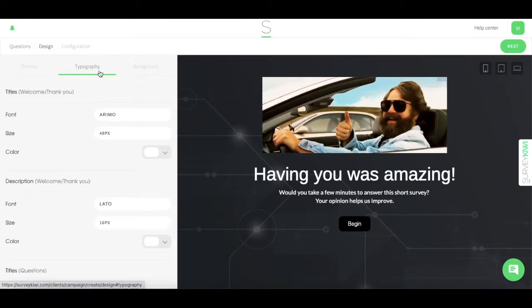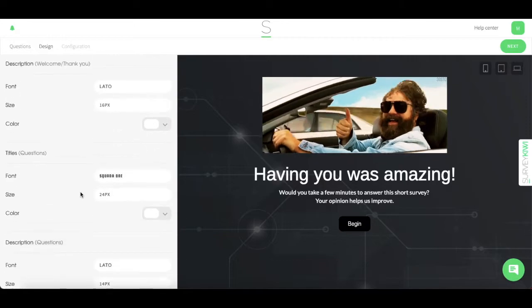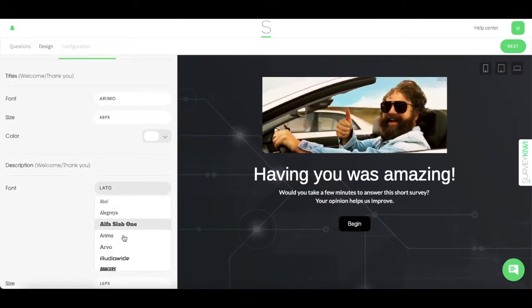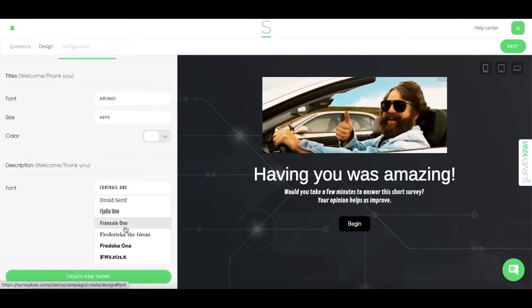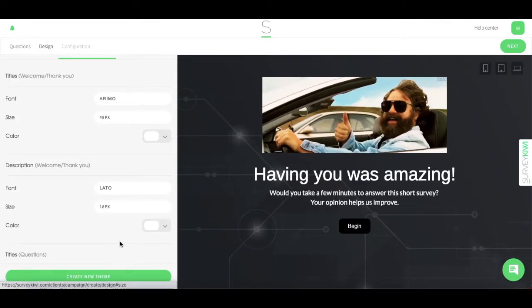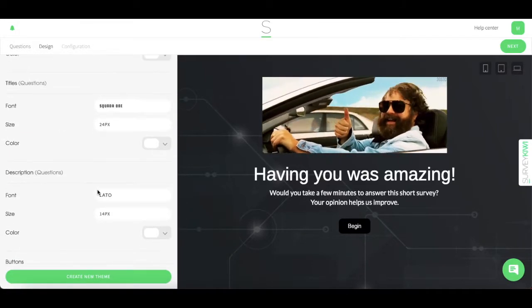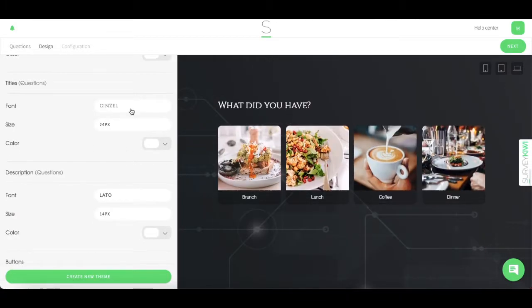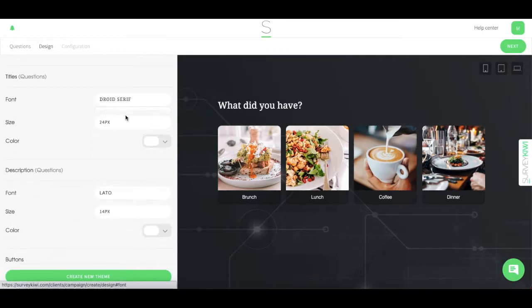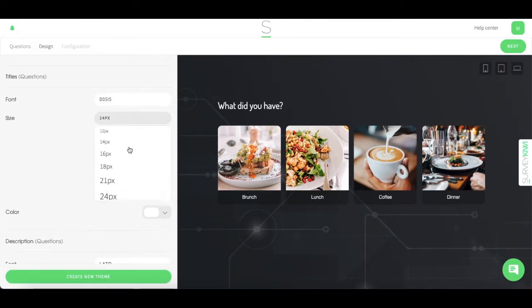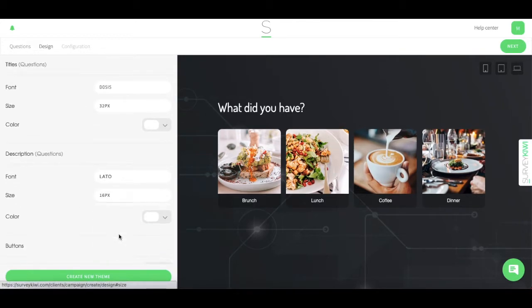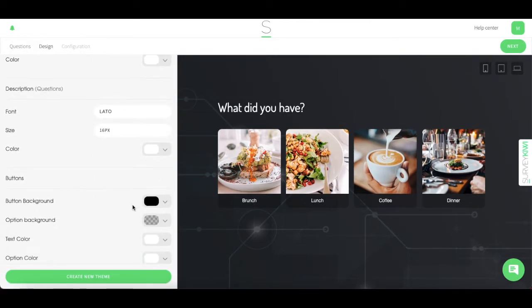In the typography section, you will be able to personalize your survey's typography, size, and colors. As you can see, you will be able to edit your campaign section by section. First, the welcome and thank you titles, then the welcome and thank you descriptions. Next, you will be able to do the same with the titles and descriptions of your questions. As you can see, you will be able to visualize how every change looks and make your design more attractive for your campaign. In Survey Kiwi, we have 79 different font options, with both traditional and modern designs that you can try and play with.